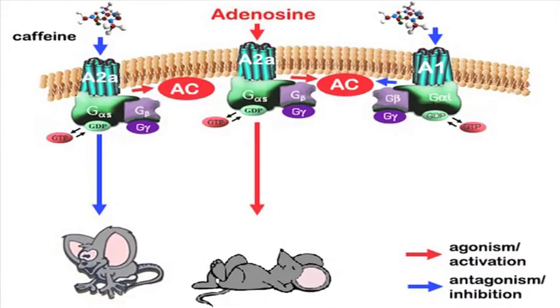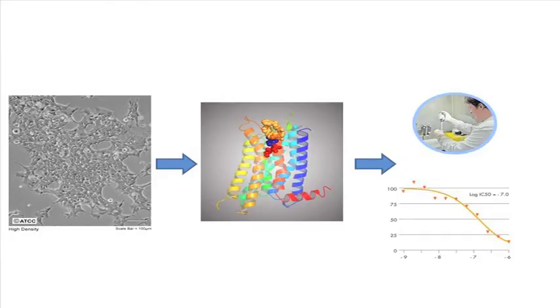And we're interested in caffeine and the adenosine receptor because it has been linked to Parkinson's disease. Men who drink coffee are about 5 times less likely to develop Parkinson's disease, and it's linked to increased levels of dopamine, which help prevent Parkinson's disease. So, in the lab, we're a biology lab, so we make this protein in our cells,